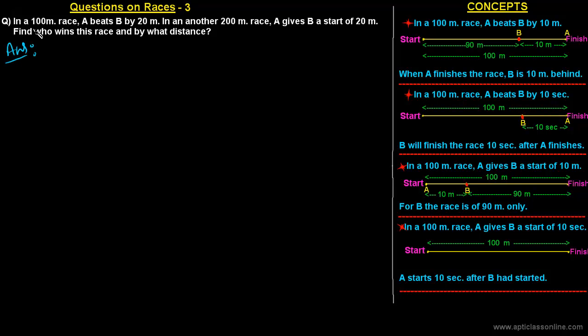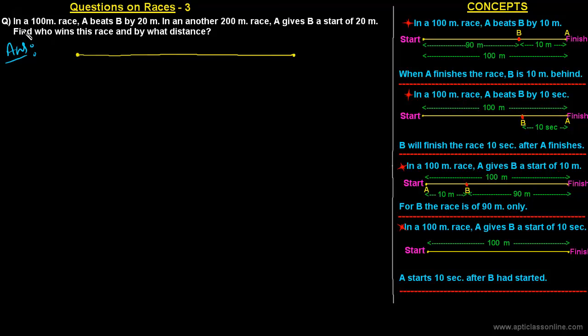First, read the question. In a 100-meter race, A beats B by 20 meters. In another 200-meter race, A gives B a start of 20 meters. Find who wins this race and by what distance. So let's draw a simple diagram. There is a race of